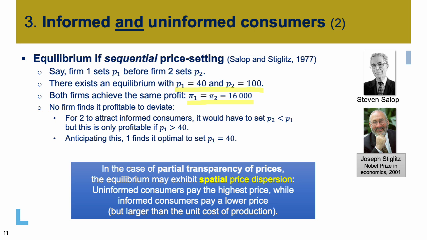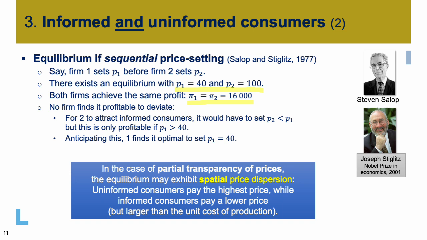Okay, so here both firms make a profit, but they compete with one another for the informed consumers. And if you compare with the previous model, the diamond paradox, the profits that the firms make at equilibrium are lower than what they would make if all consumers were uninformed. But also they make a profit which is higher than the one they would make in the Bertrand model, where all consumers are informed.